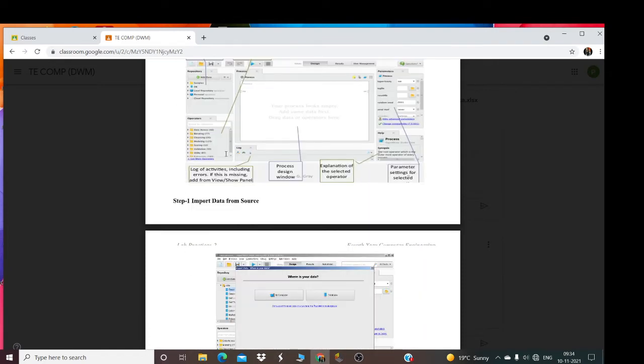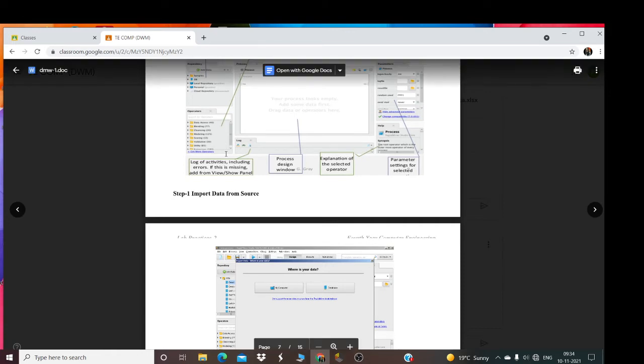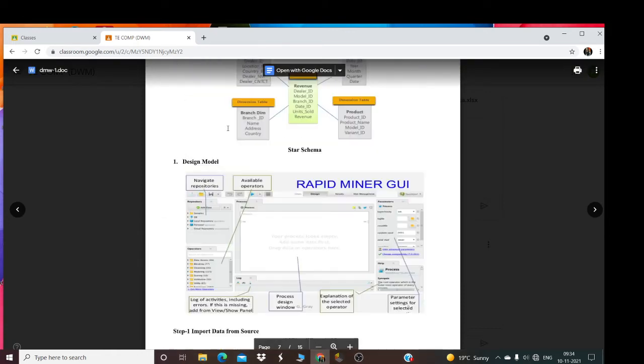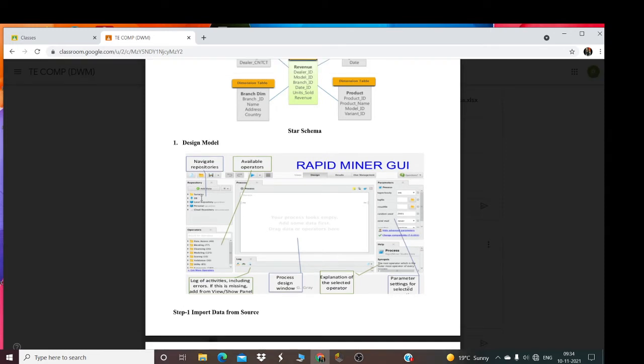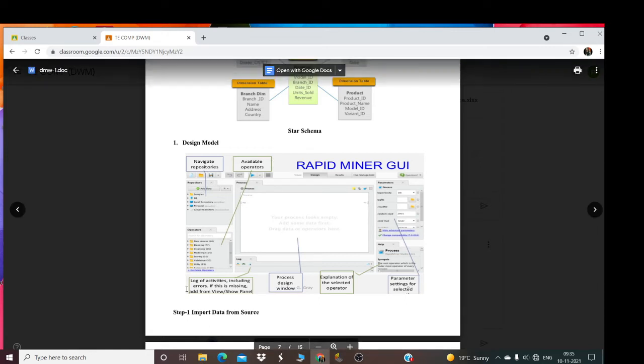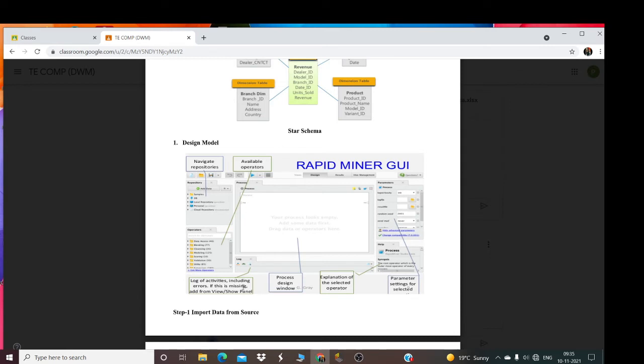Once we have installed, go to the design model. We will see here navigate repository, available operators, logs of activity including errors. If this is missing, add it from view or show panel.